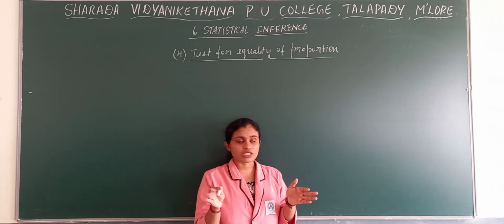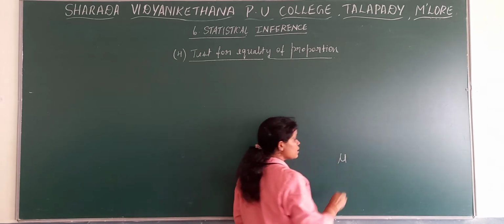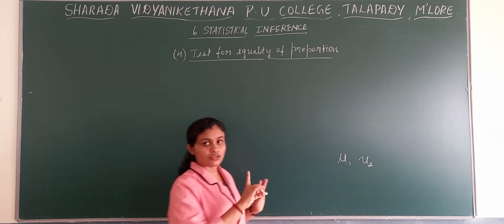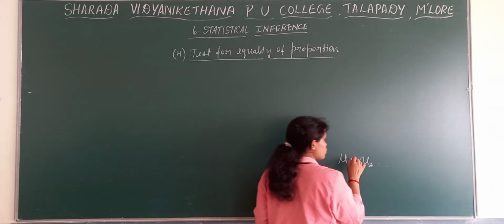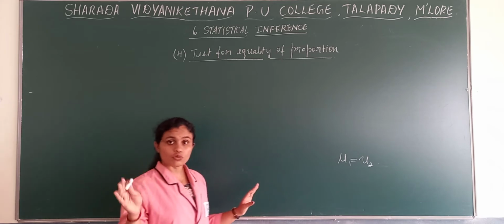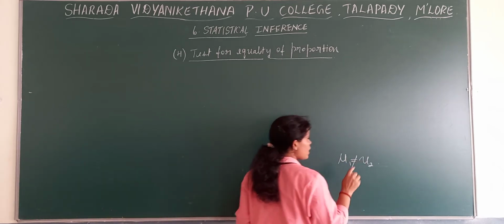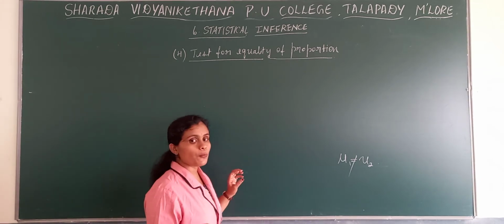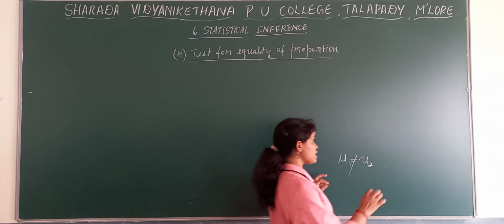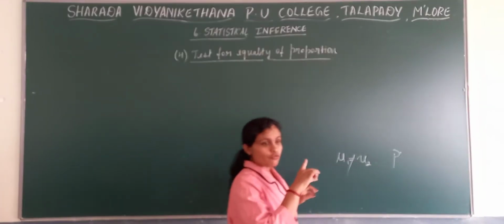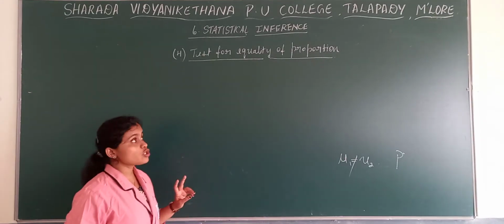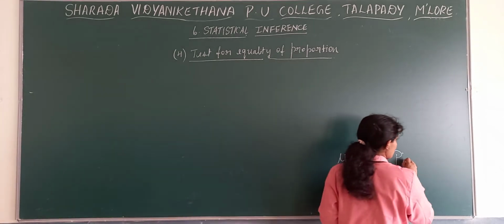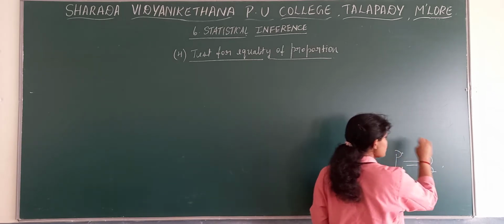Now first only mean we test for mean, then second application where mu1 and mu2 are two means, the difference between whether these means of two populations are equal or not equal, less than or more than. Then third one we discussed, that is test for population proportion. We speak about proportion there, that is P. Now this is the fourth application where we discuss test for equality of proportions. Test for equality of two proportions means there will be P1 as well as P2.